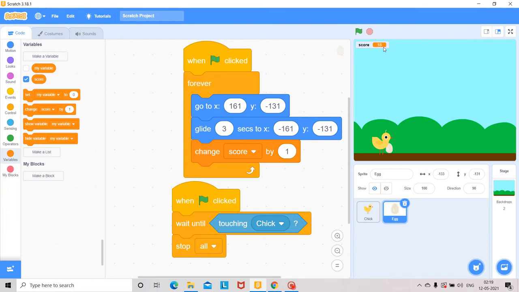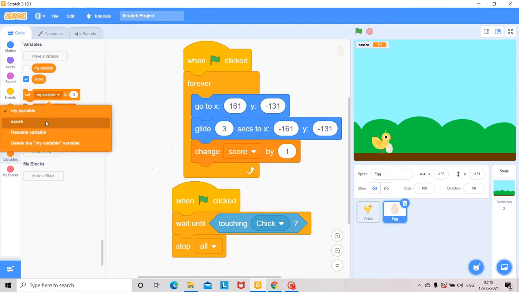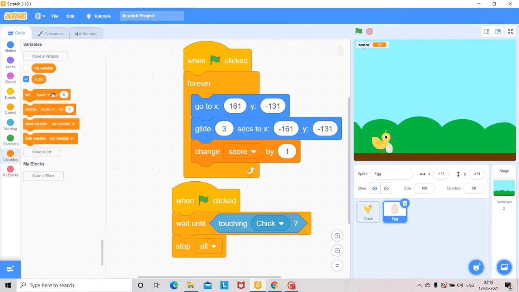But when it does not jump successfully, the score is not increasing, the score is going to be stopped. But we can change the coding so that when the chick touches the egg and fails to jump over it, the score will be 0. So we can use set my variable to 0, that is, set score to 0 when the egg touches the chick.